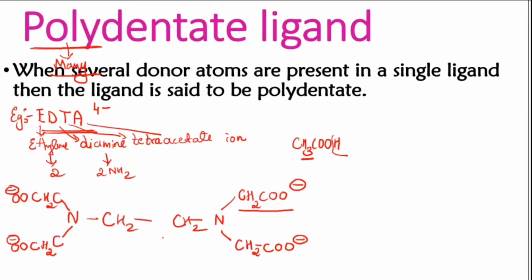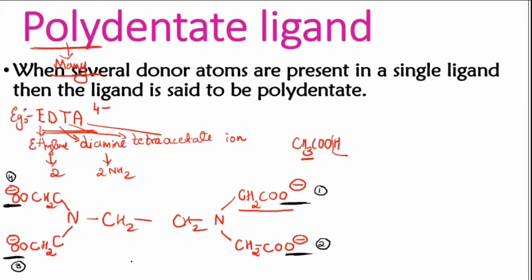So now from this structure you should identify how many donor atoms are present here. Few are visible to you. You can see the minus charges, no? How many minus charges are you able to see here? This oxygen carries a minus charge, so 1 donation will happen from this side. Again on this side you can see oxygen, minus charge is there, so second donation will happen from this side. Here I am having again O minus, so third donation from this side, and fourth one we can get from this side.